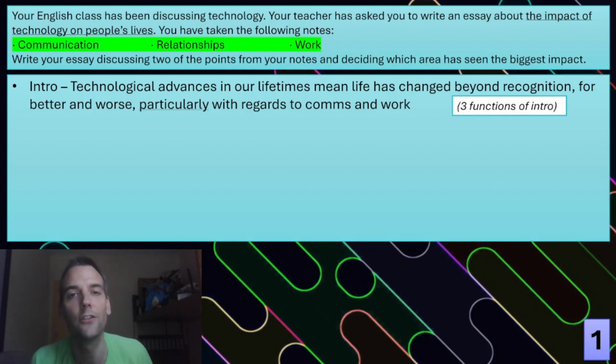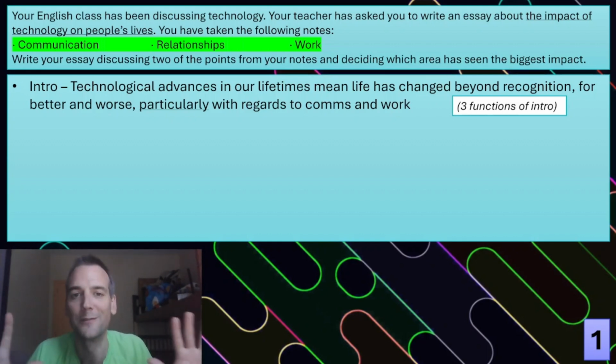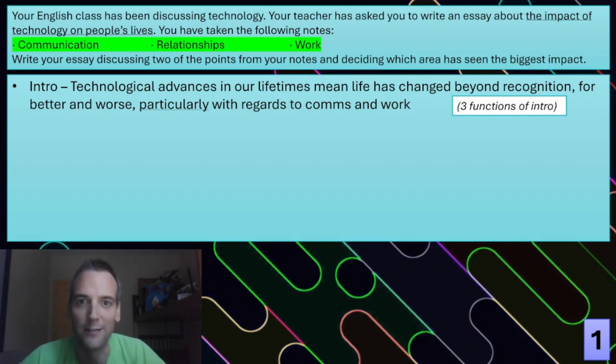And the third thing a good introduction should do is try and make the reader want to read what's coming next. And I do it in this case with for better and worse. What do you mean for better and worse? Are you going to explain the good things and the bad things? It makes you want to continue reading. It gives you a little bit of a hook. Hey, I'm not saying it's the most exciting thing ever. I'm not saying it's a great crime introduction or a great series that you want to watch.